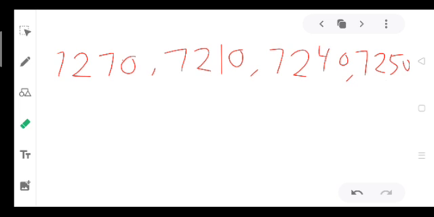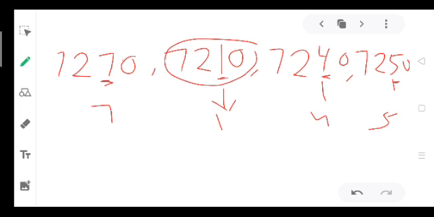We have to check their tens place digit. Here 7, 1, 4, 5. So which one is smallest here? 7 tens, 1 tens, 4 tens, 5 tens. Which tens are smallest? 1. So which number is smallest here? 7210. So firstly we will write this. So this is the smallest number. Got it. So firstly I will write here